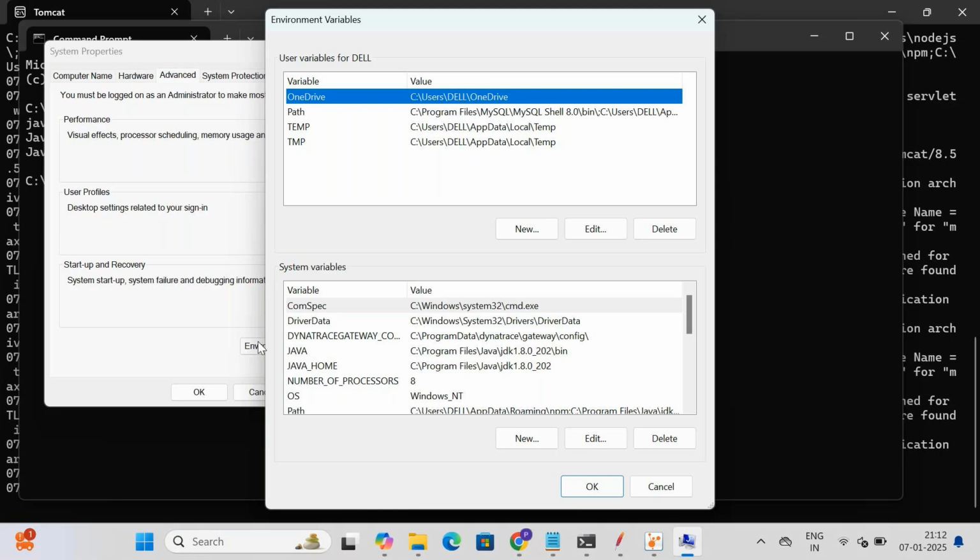Okay, fine. So after checking the Java version, right, what you can do is go to the environmental variables,